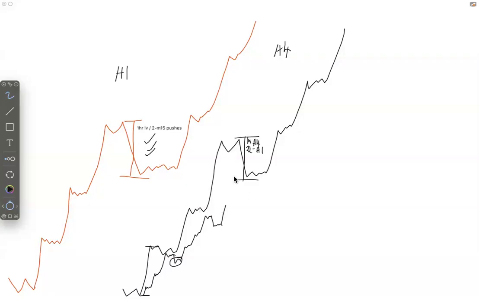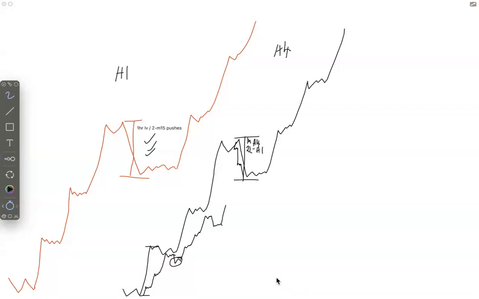All right? But when you come to this point where 4 hour has done 3 levels and 4 hour wants to reset, you want to see 4 hour push down a level. So that means you want to see 3 H1 pushes to the downside, or at least 2 H1 pushes before the market resets. But like I said, this is the blueprint, is what we expect. But it's not like this is going to happen every single time, all right?